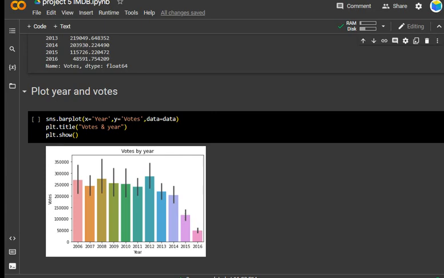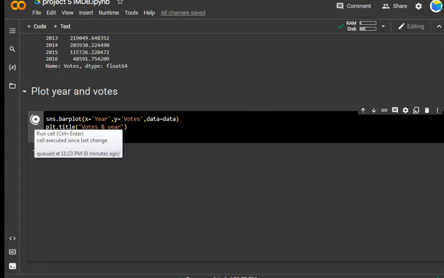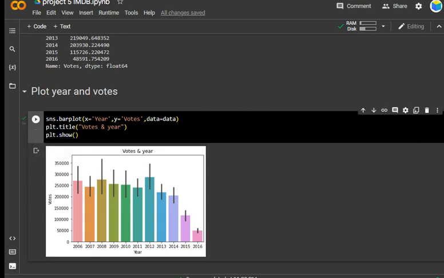And now I want to plot the x years and y the votes, so you can represent the 2008, it contains the maximum number of votes, then 2012, then 2006,